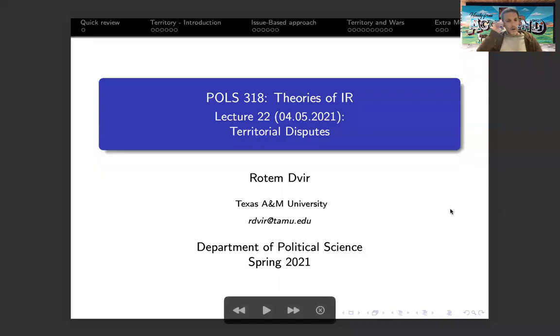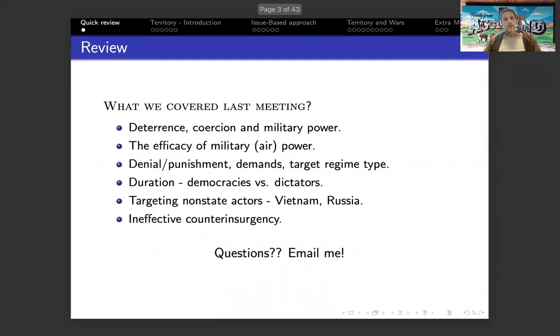Let's put my screen here. There it is. Okay, so in our meeting last week, the overall topic for the week was deterrence, coercion, and compellence. On Wednesday, I talked primarily about the aspect of coercion using military power, primarily aerial power. A lot of the studies I talked about focused on the efficacy of using aerial power to accomplish different political goals, and the different types of strategies involved when it comes to applying aerial power